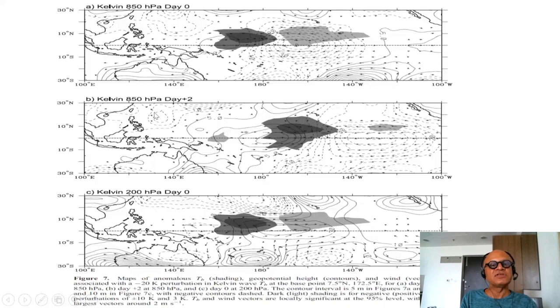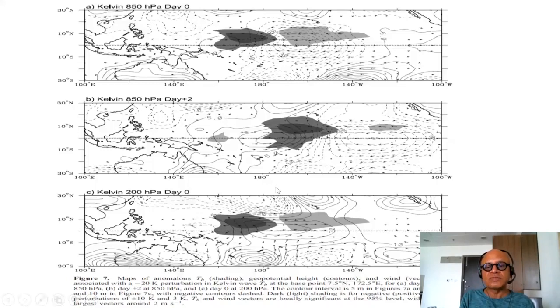And this is on day 2, so you can clearly see the eastward propagation here and the disappearance of this phase as you get into the eastern Pacific here. And in the upper atmosphere, you expect the opposite feature, so you have convergence in the lower level and the divergence in the upper level, so you carefully can look at the